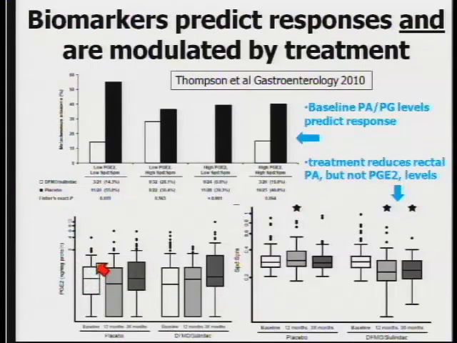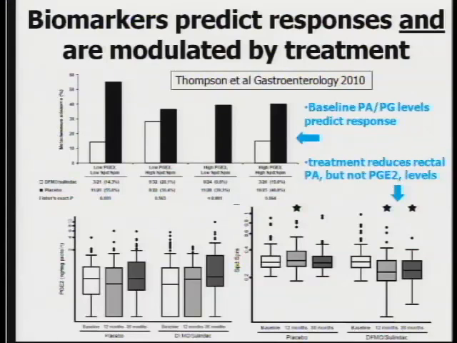The bottom panels are a series of data that just are for the placebo arms and the treatment arms. Same thing here, placebo arm, treatment arm. These are PGE2 levels, and they're at baseline, 12 months and 36 months. And what this shows on the bottom panels is that the treatment intervention causes especially a statistically significant decrease in the tissue polyamine contents.